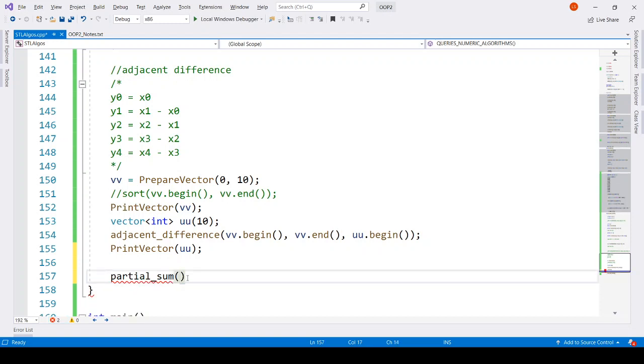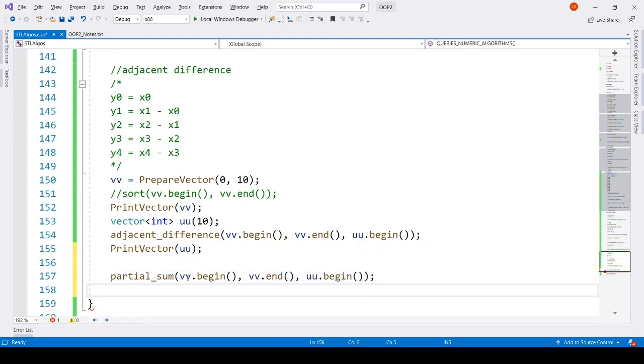It again takes VV. We want to do partial sum on begin and end of the VV and put the result in UU begin, and print vector UU. So let's see what it does.